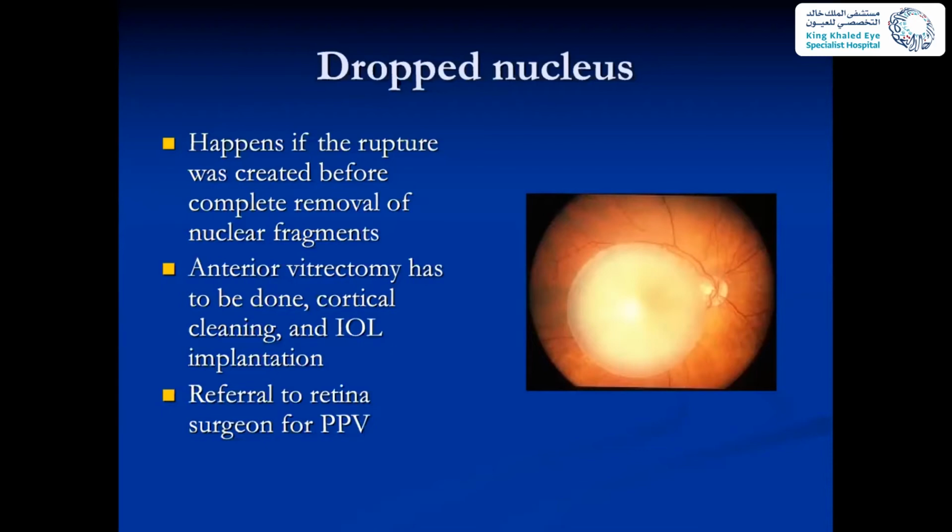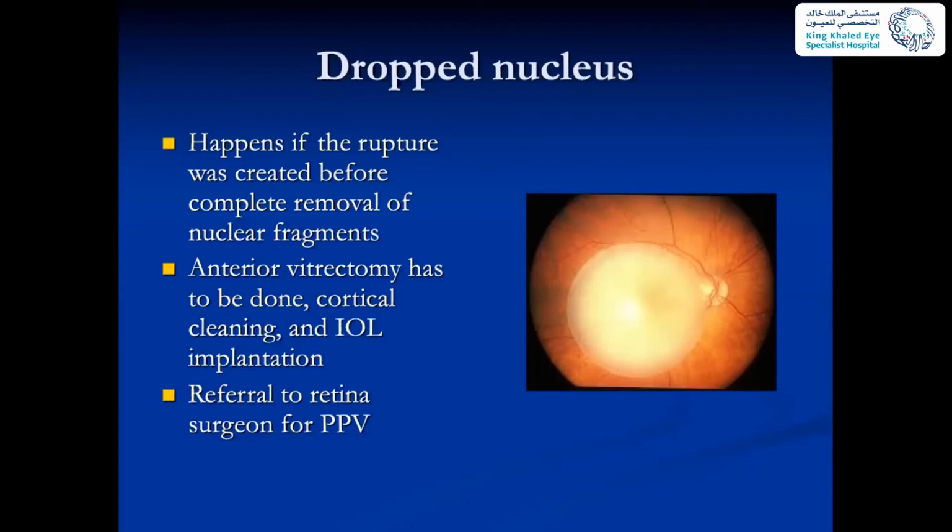So whenever the nucleus is dropped, don't try to chase it. There is a tendency, I don't want this to happen, and the nucleus is there within reach, so I can go a little bit deeper to catch it. This will only make the situation worse. So don't try. Just accept that you lost the nucleus, do anterior vitrectomy, do your corneal cleaning, cortical cleaning, put the intraocular lens and suture the wound, and then refer